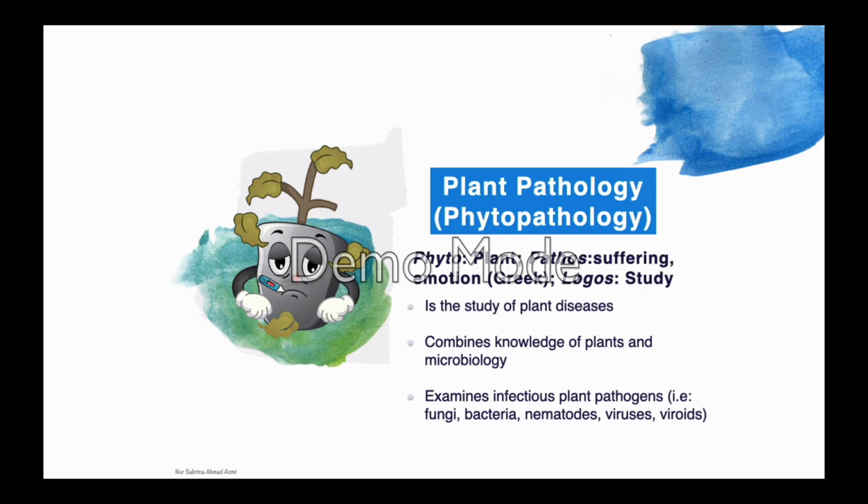Patho comes from the Greek word pathos, which means suffering and also emotion. Meanwhile, logy comes from logos, which means study. So in simple words, phytopathology means the study of plant disease,